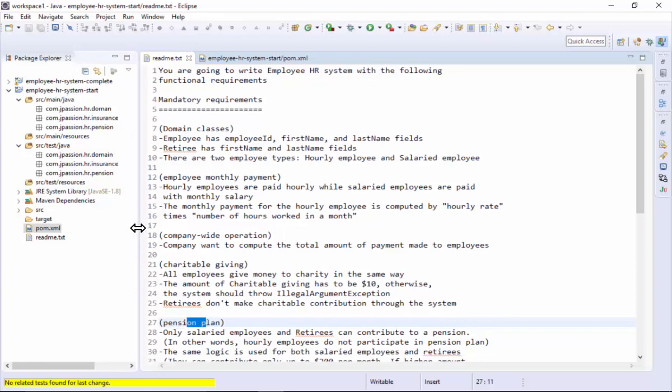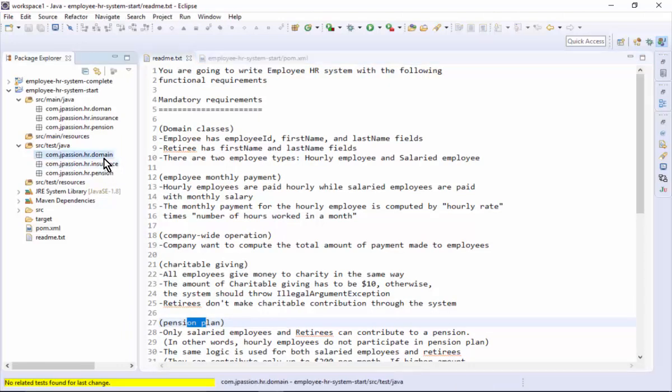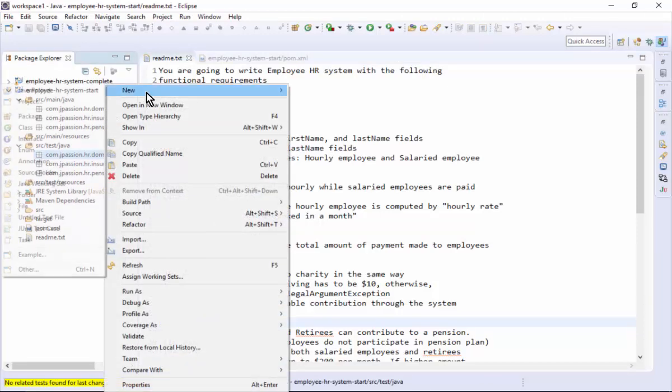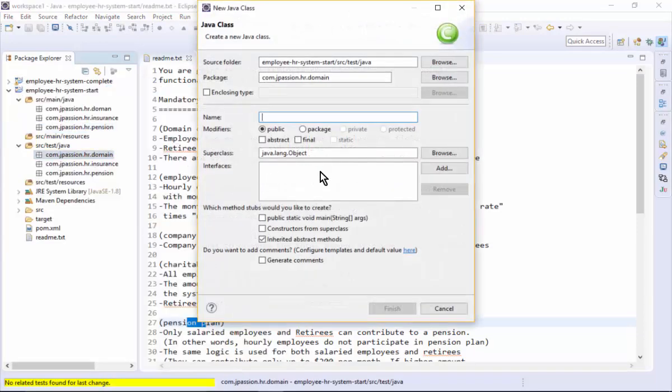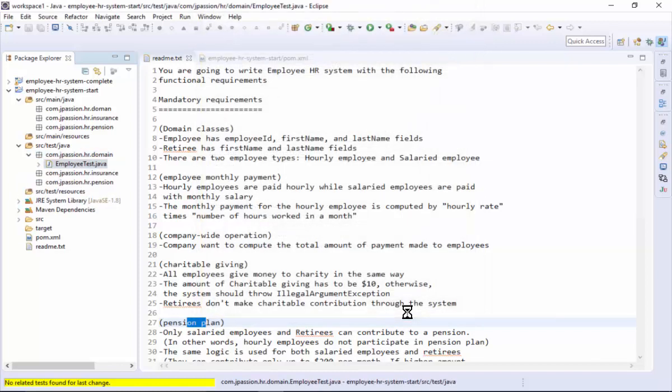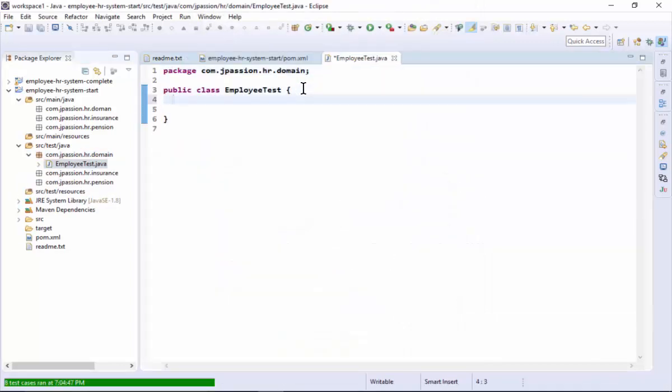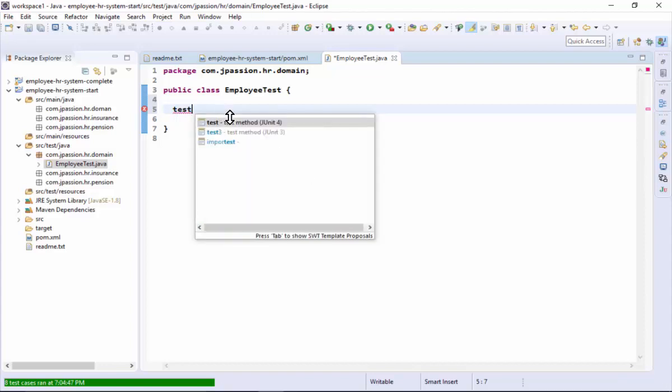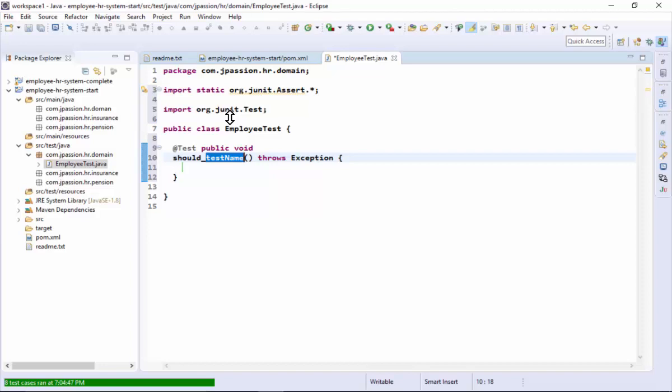So we are going to write testing code first. I'm going to write the testing code of employee. So I'm going to write here new class, and I'm going to call it EmployeeTest. Okay, so we don't have any Employee class yet. We are going to write our first test code. So test, should allow employee